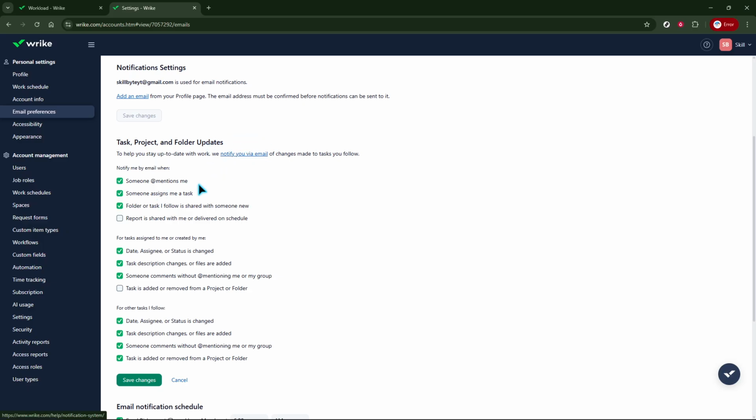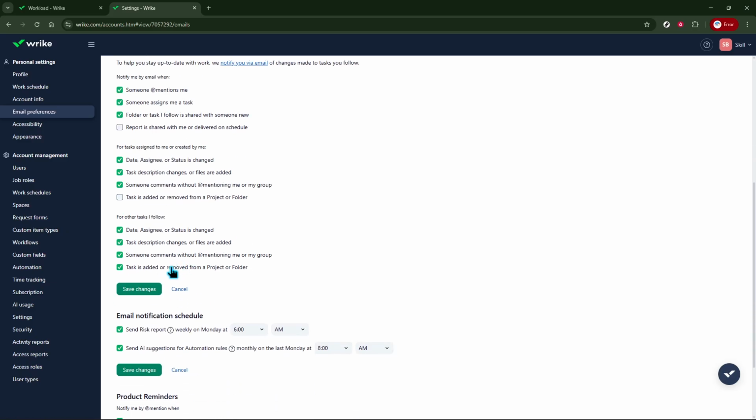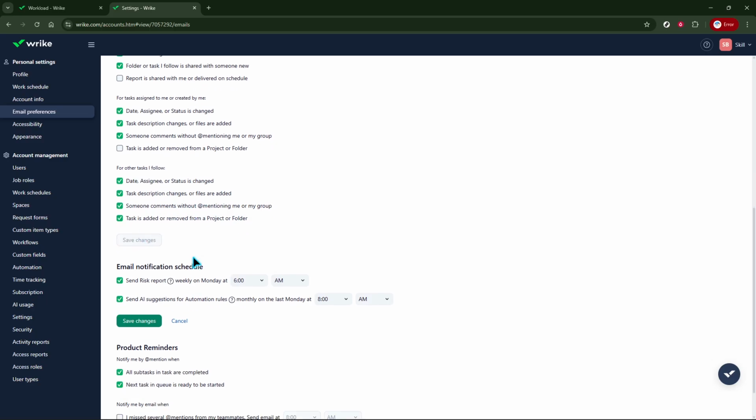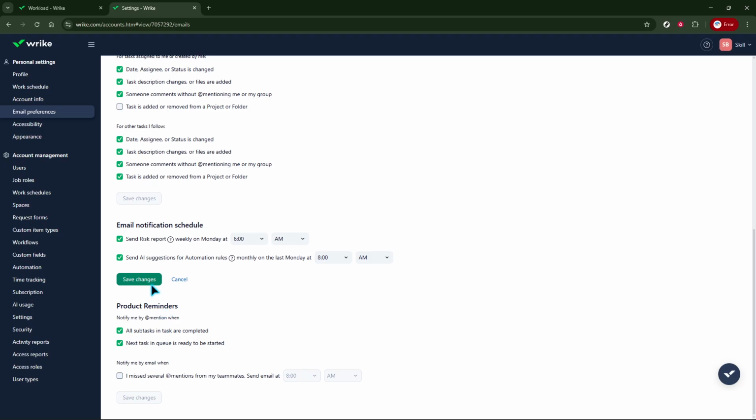When you're satisfied with your selections, click Save Changes. This step is important. Your preferences won't apply until they're saved. After saving, Wrike will use your new settings for future notifications, so your inbox reflects exactly what you've chosen to